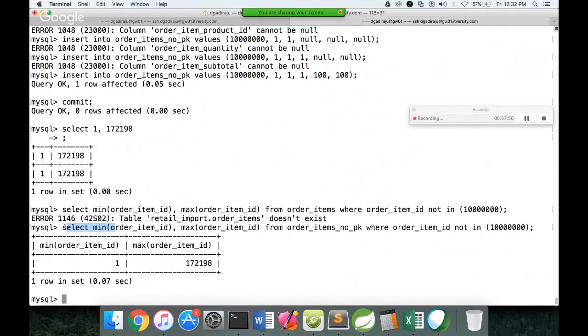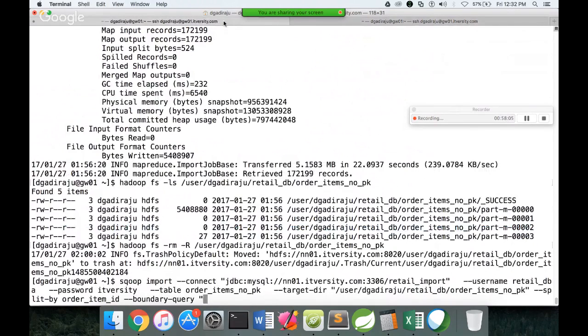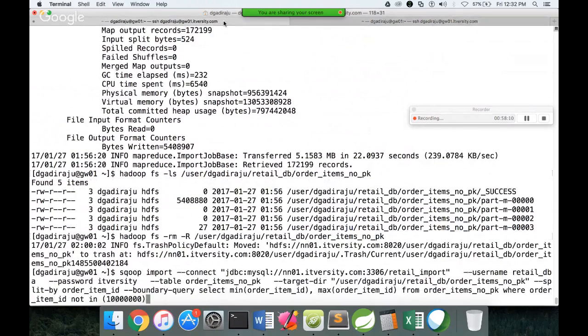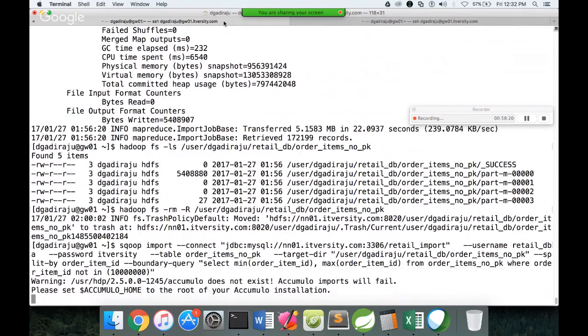Always better to validate in database and then use that query. If you directly use that query in the command, it will waste some time. Unless it runs, you don't know whether you are doing right or not. Okay, and if I hit enter,